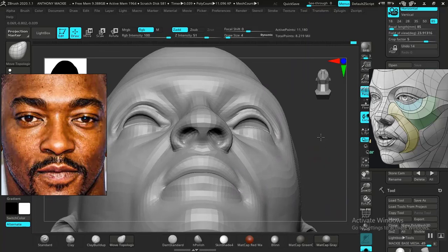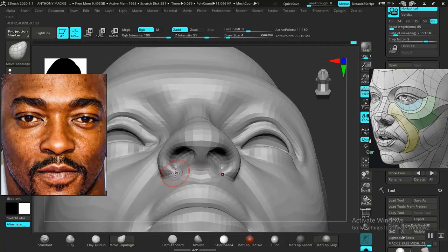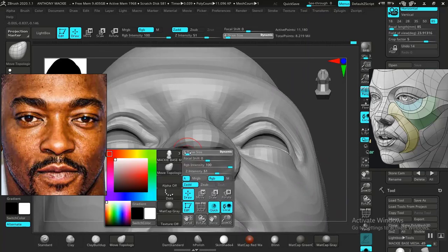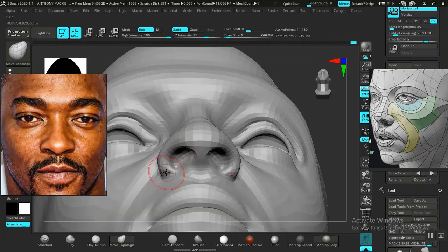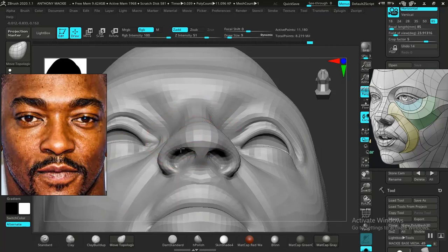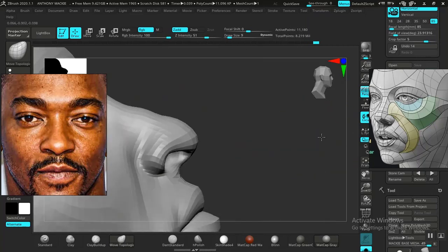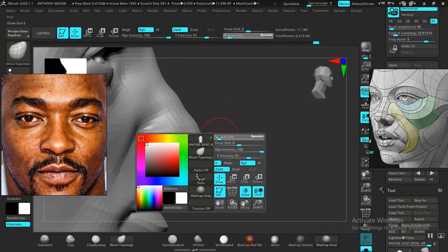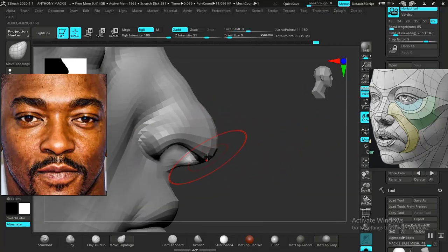Okay, just check this from this view. Just push this in like so, push this down like so. Okay, get this to feel more realistic and get a better transition in here. Push this inwards